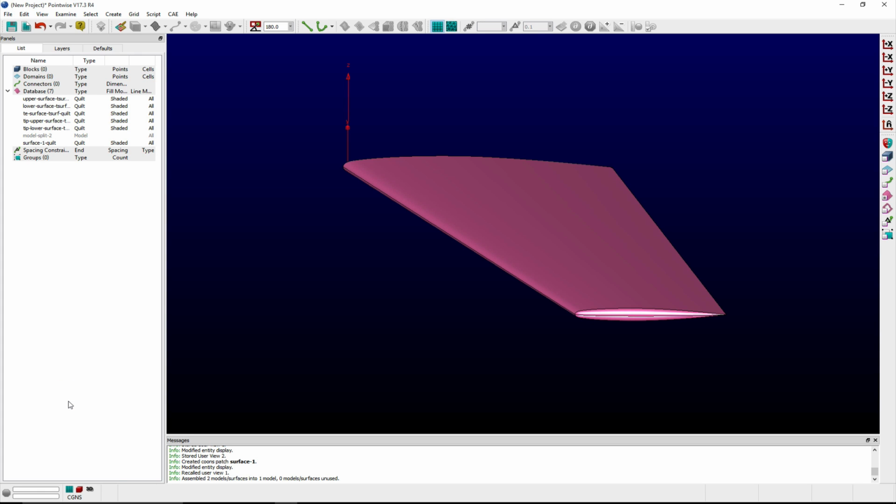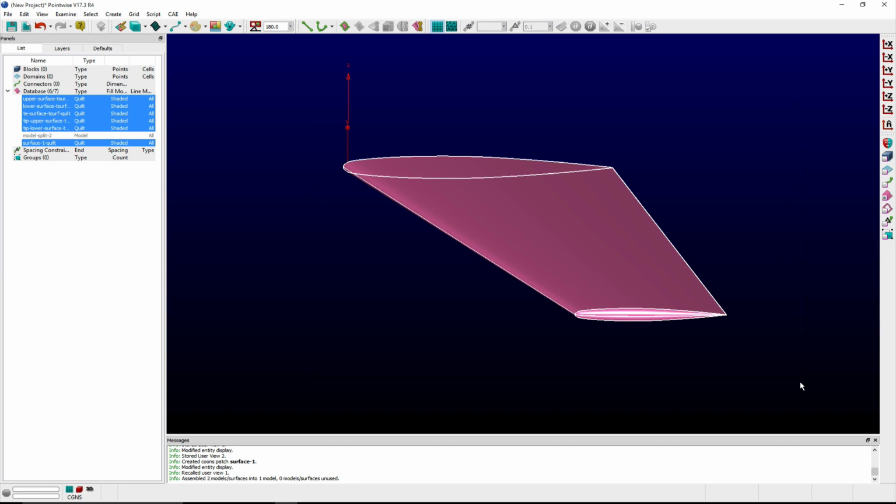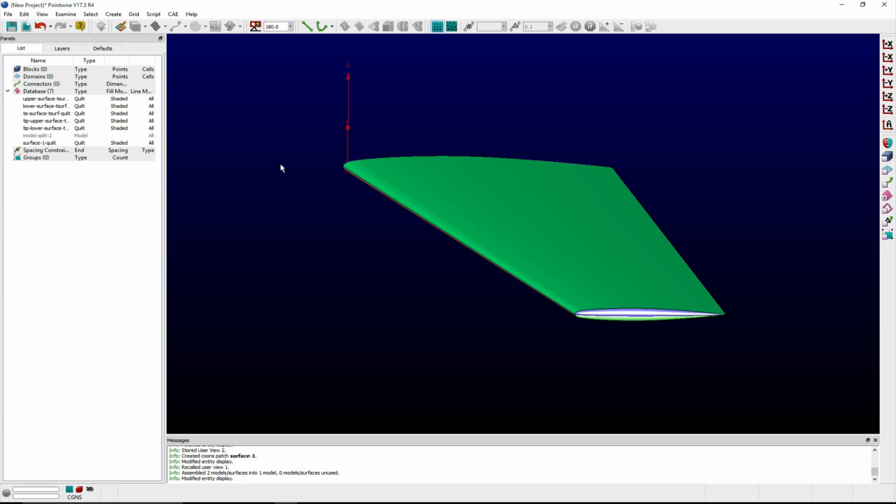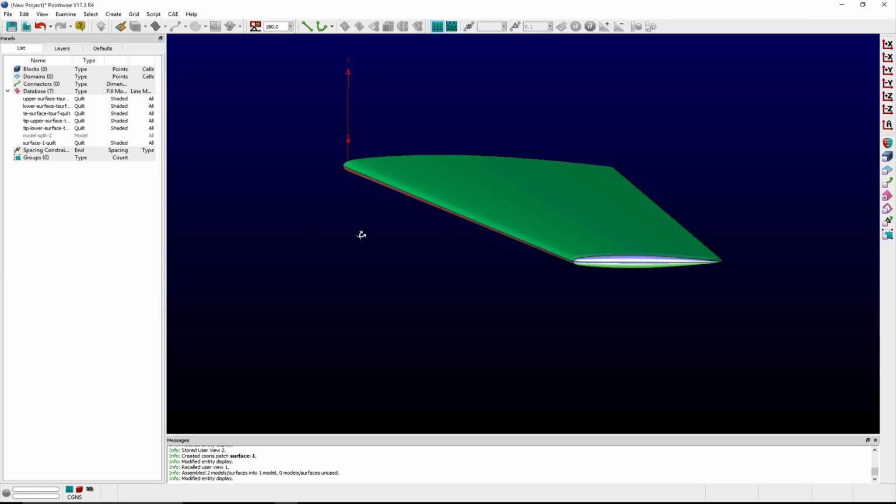This allows me to select only the quilts in my model, and I can select all of them at once by left-clicking and dragging a selection box around my model. With all of my quilts selected, I can give each one a unique color by clicking the Rainbow toolbar shortcut item. The display window will update, and I can more easily visualize how the quilts of my model are